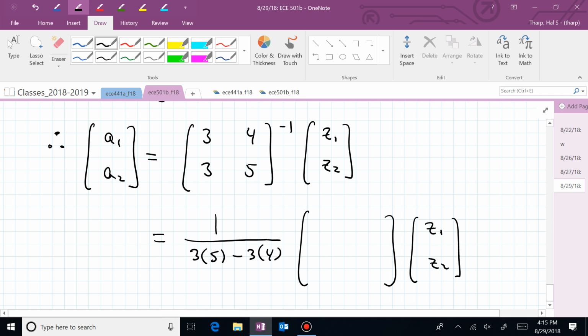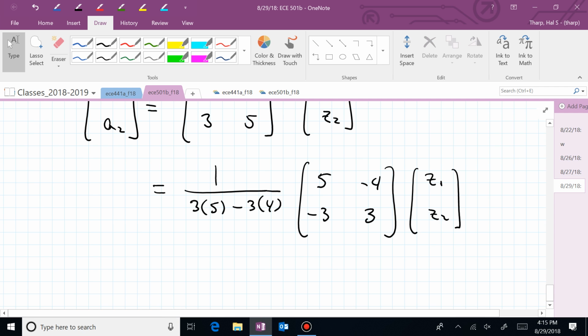Flip and negate some stuff. What do we flip and what do we negate? Well, we interchange the diagonal elements. The 3 and the 5 just switch places. So the 5 comes here. It was 2, 2. Now it's the 1, 1 entry. And 1, 1 becomes 2, 2. So we just interchange the diagonals and we negate the off diagonals. So we negate 4 and we negate 3. And now we've essentially